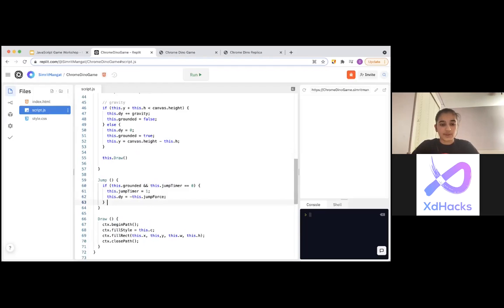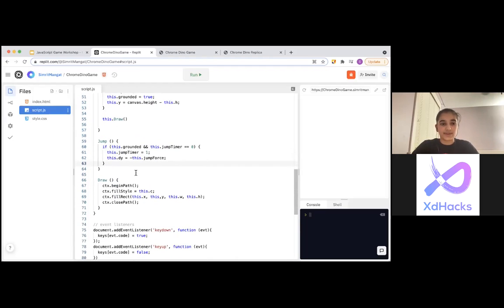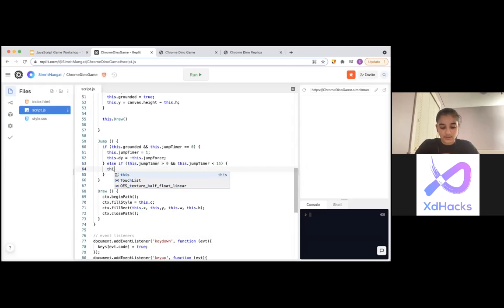So again, this is just working with our jump, so falling back down when you're going up and going down. And then we're just going to do else if this.jumpTimer is greater than 0 and this.jumpTimer is less than 15, then we're just gonna add this.jumpTimer++,